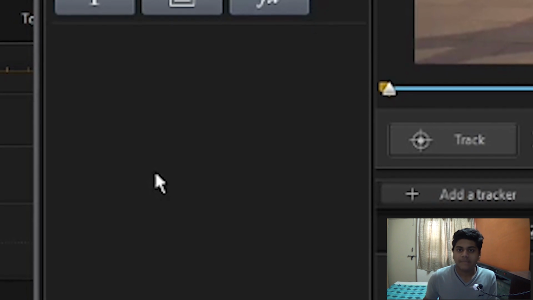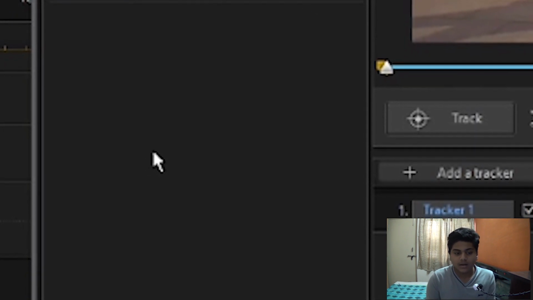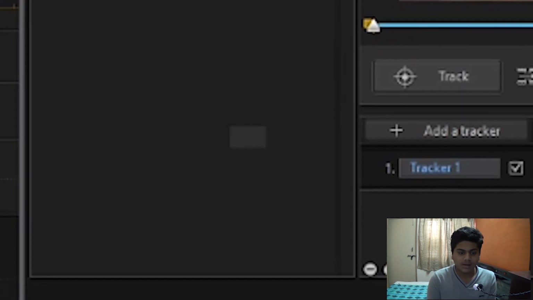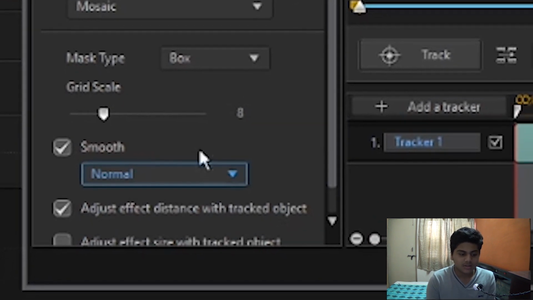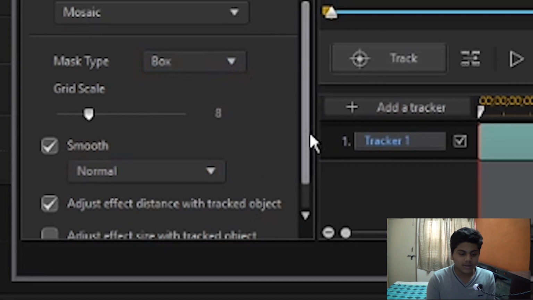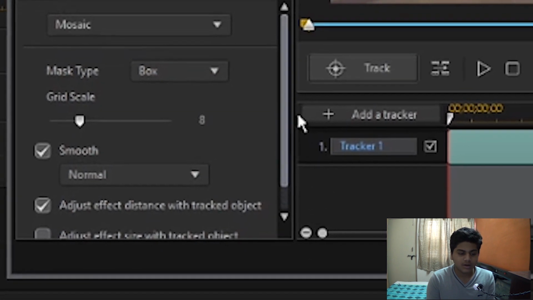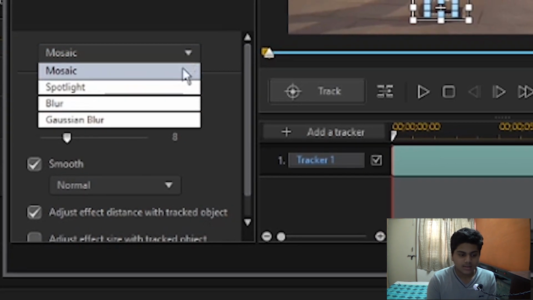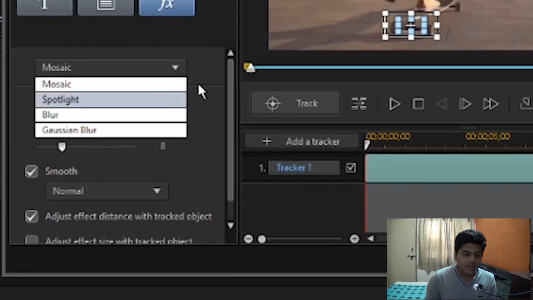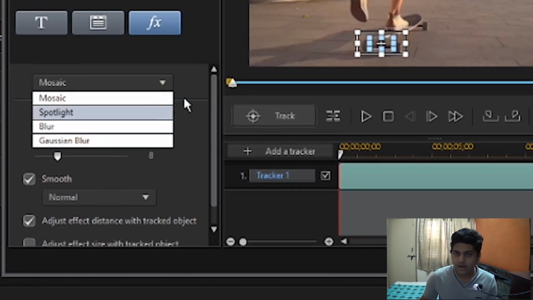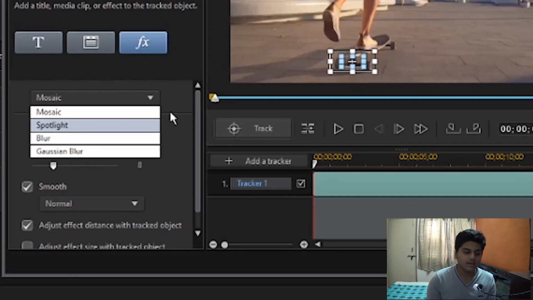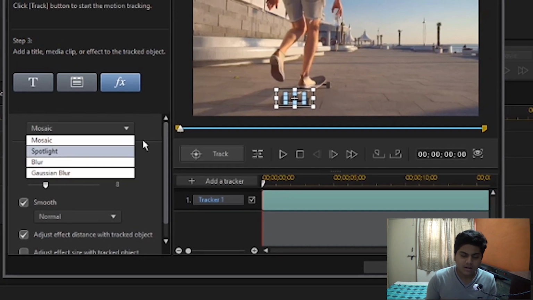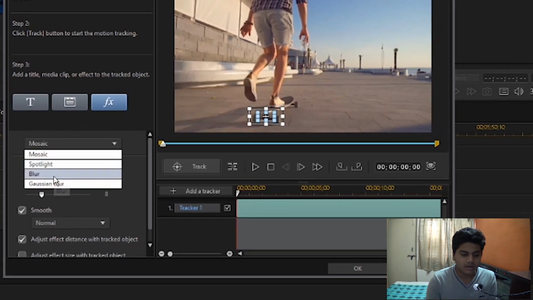Today I'm adding blur, so I just click Effects, and this grid appears. Here you can adjust all the settings. The first box is our type. If you want mosaic or spotlight or blur or Gaussian blur, you can adjust it right here. As I said, I want to add just a simple blur, so I will click blur.